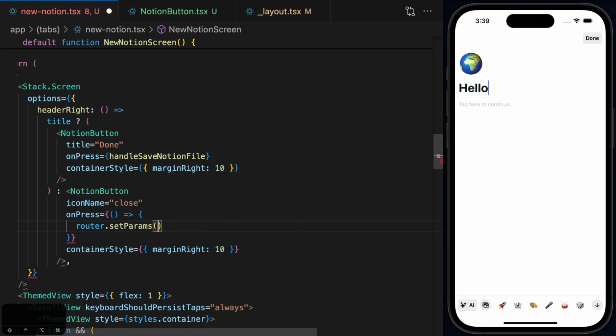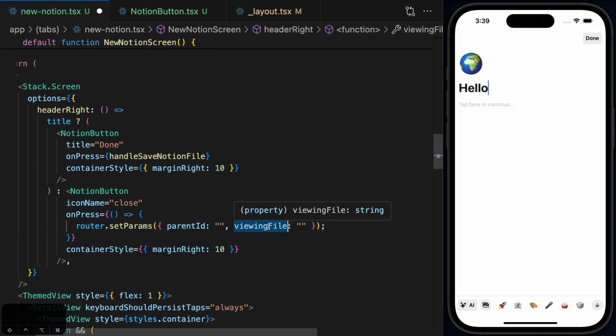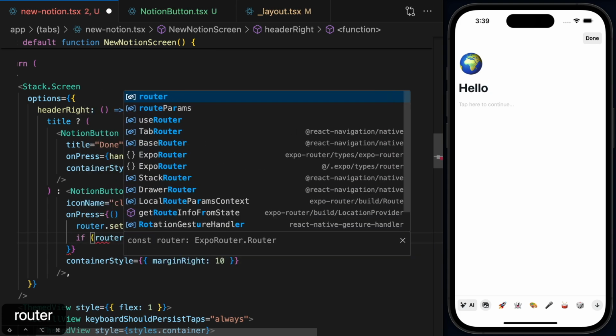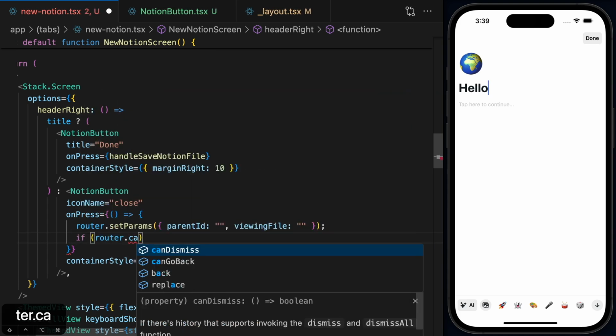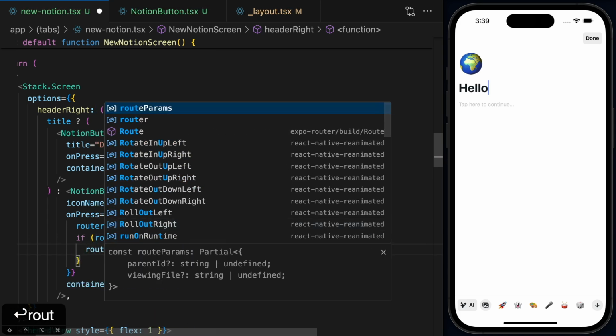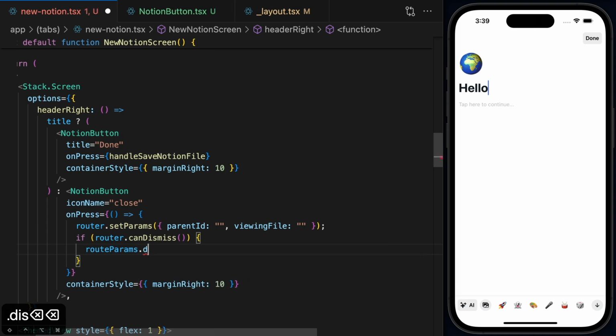Okay. So I'll be setting parent ID and viewing file to an empty string. Parent ID, we will be passing a parent ID to get the parent of this current file, and also we will be passing the viewing file. Okay, so I'm resetting before I close this screen. Then I will have a validation using the router as well and check if we can dismiss this screen. Okay, if we can dismiss this screen, I'll say router.dismiss all,